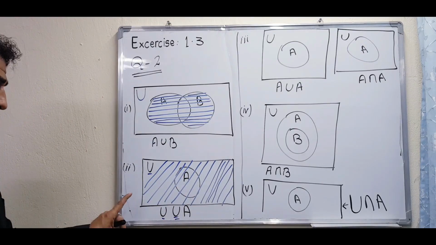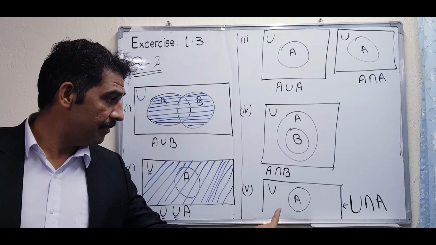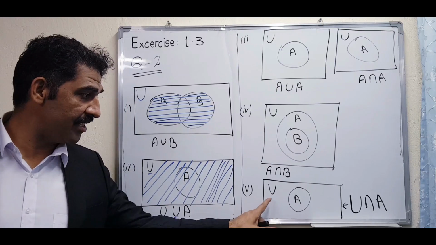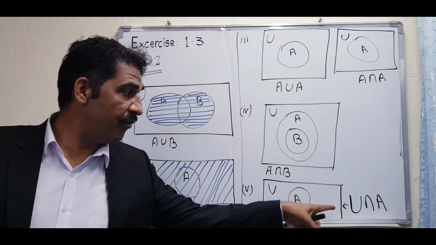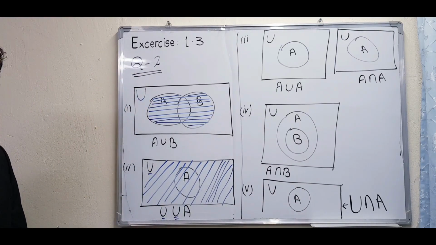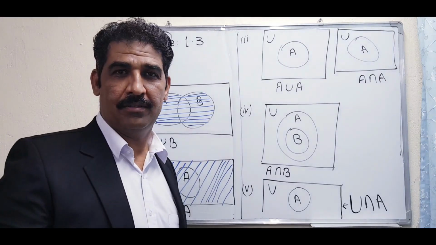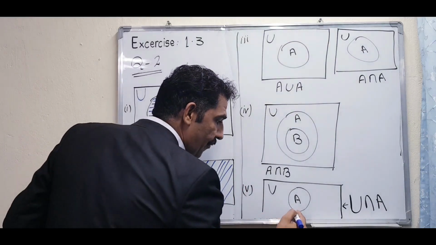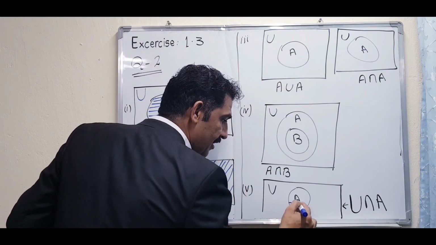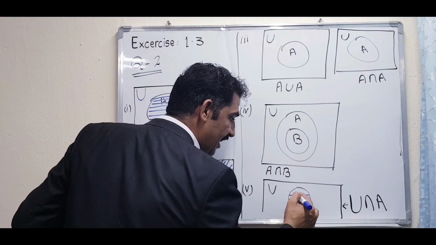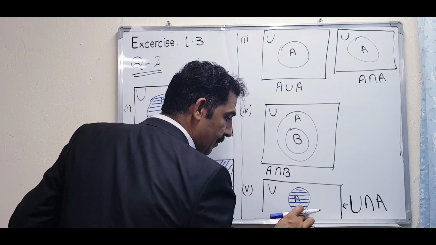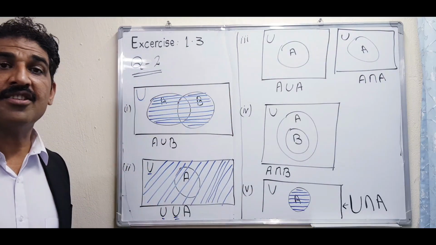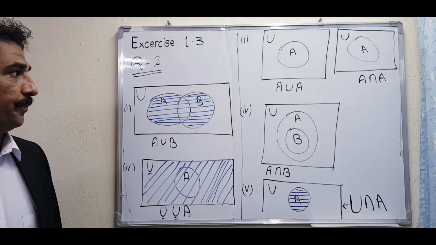The same question is also coming in part 5: the universal set is this one, this is set A, and we have to find the intersection. In intersection, the subset is our answer. It was also solved in the previous question number 1, second part. So this is the answer of intersection. If we take the intersection, you shade this portion because it is the subset. If it is the union, the answer is the superset, so shade like that one.